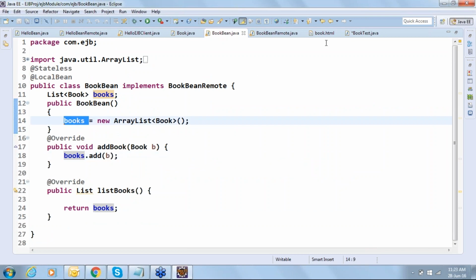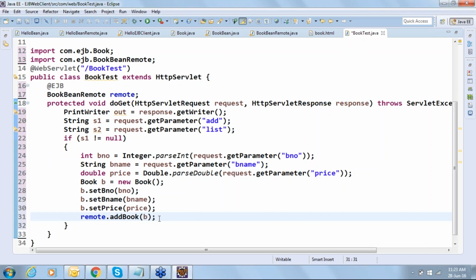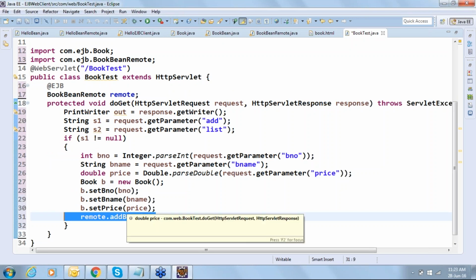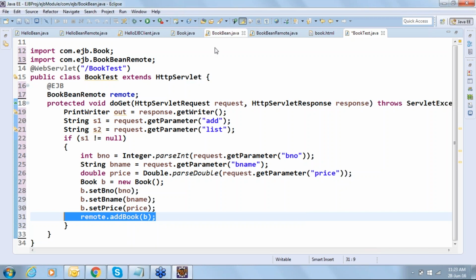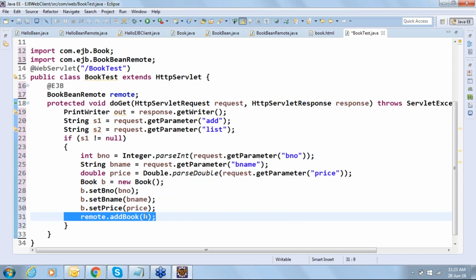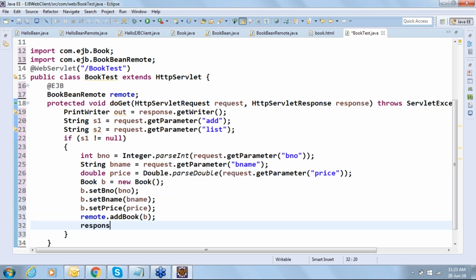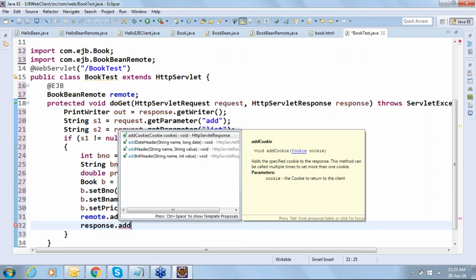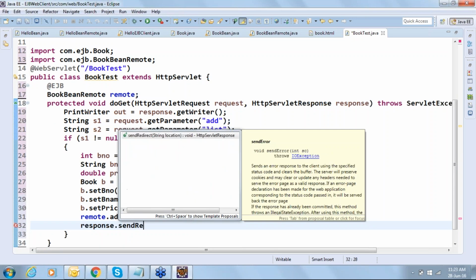Like that, how many times you call addBook when you click on the add book button, it will invoke the addBook method and keep on adding book objects. So your books ArrayList contains the list of book objects. Clear now? Once it is done, once I add the book, again I want to redirect to the HTML page. How to redirect to the HTML page? response dot sendRedirect